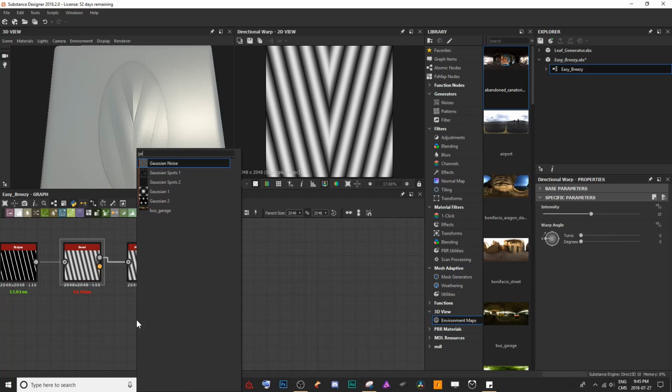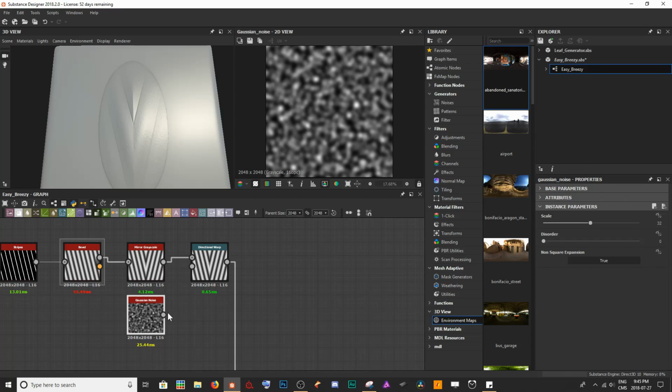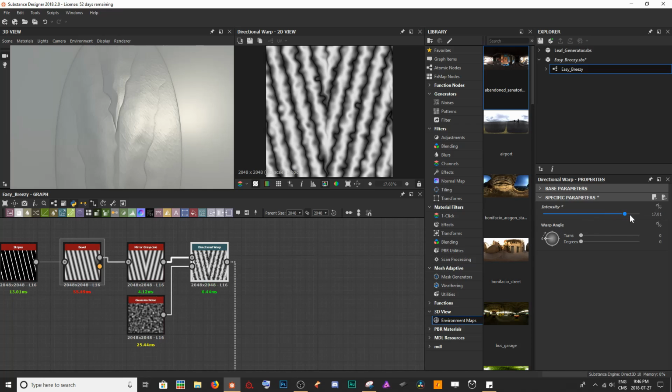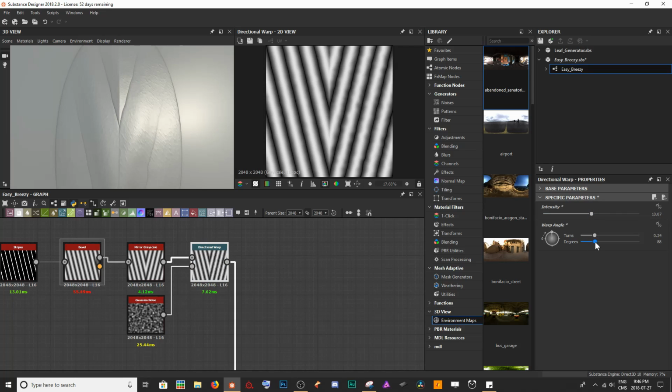I want to make sure to add a Gaussian noise. I love Gaussian noise. And it's going to give us a little bit of warp on our texture here. So we can play around with the intensity if we want a little bit more of an intense noise. We can again play around with the rotation. And I'm going to set this to 90 so that it sits perfectly down the middle of our texture here,